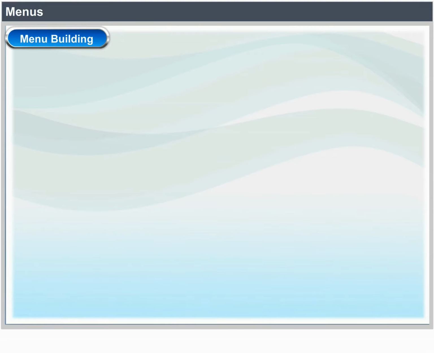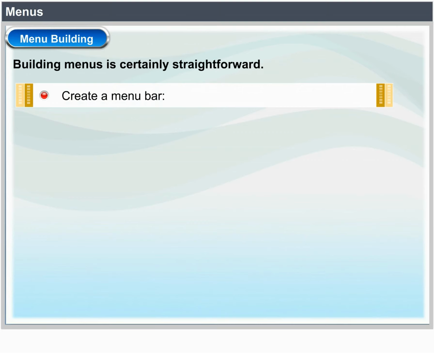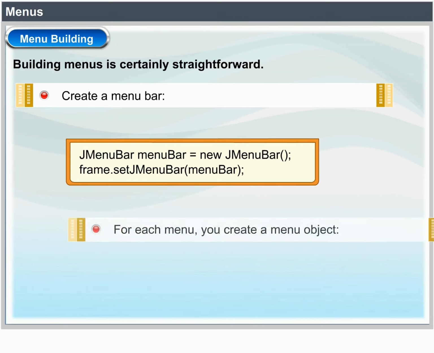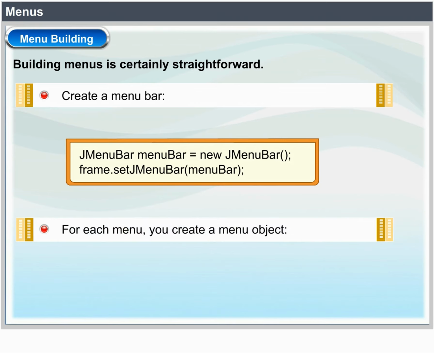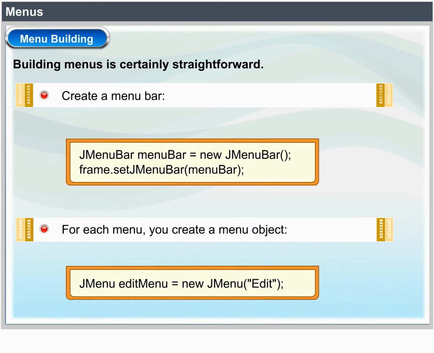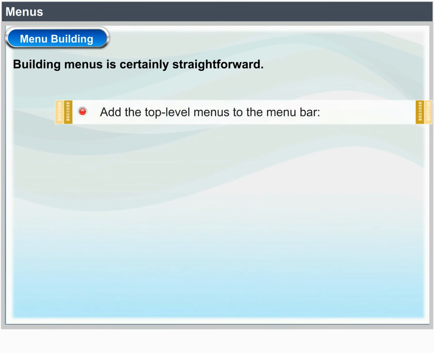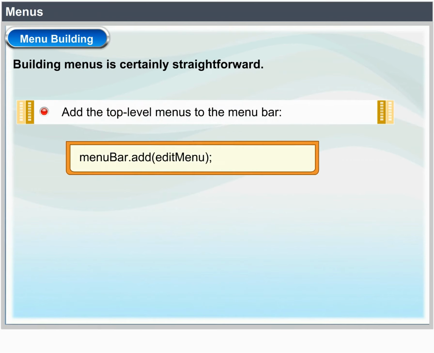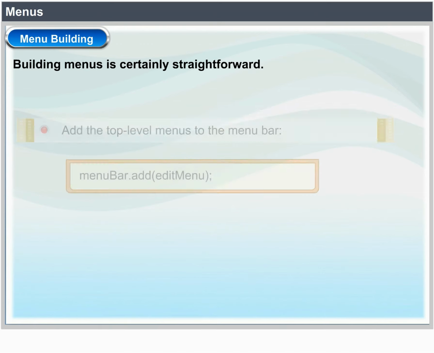Menus. Menu building. Building menus is certainly straightforward. Creating a menu bar: JMenuBar menuBar = new JMenuBar(); frame.setJMenuBar(menuBar); For each menu, you create a menu object. JMenu editMenu = new JMenu("Edit"); Add the top-level menus to the menu bar. menuBar.add(editMenu);